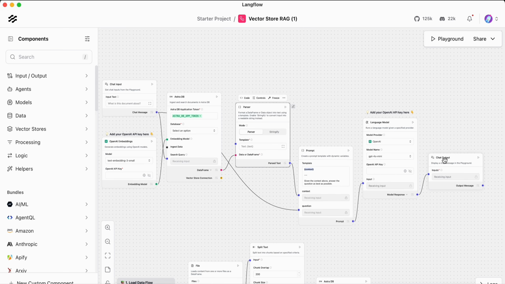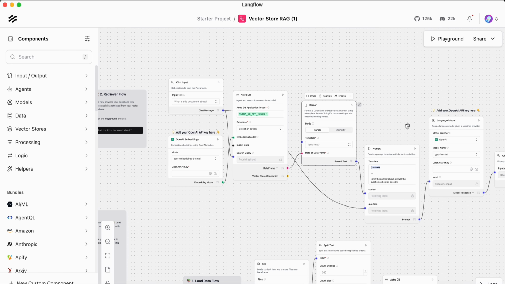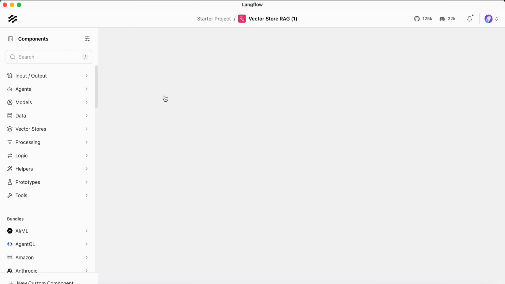And then you will get an output. The output will use the context, and then the LLM will compose the response based on your system prompt or your prompt template here. All right, I think that's enough explanation. So I will go directly with the one that I have created.